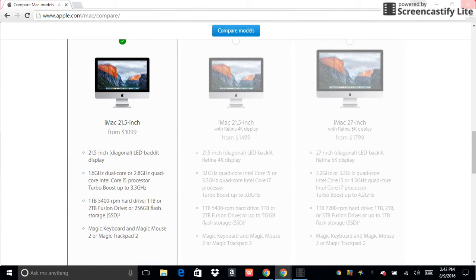The reason to get the one without the Retina display is for the SuperDrive. However, this iMac without the Retina display is made to just save on the cost, because iMacs are so popular, and this is also made for light to moderate use, and